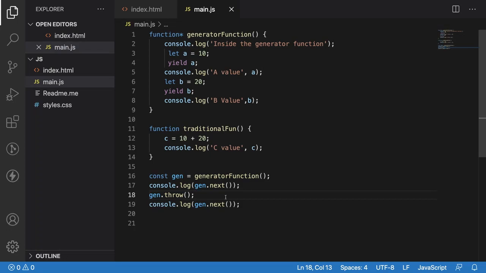A generator function can be used to stop and resume wherever you want, and you can even terminate the generator function dynamically. The next keyword is used to execute our generator function from top to bottom. Whenever it sees yield, it will stop the execution. Whenever it sees next, it will start the execution. So that is how next, throw, return as well as yield work for the generator function. That is how generator functions can be used.